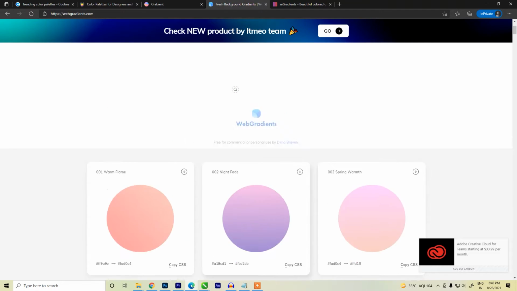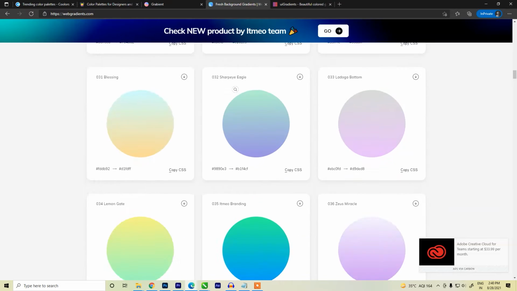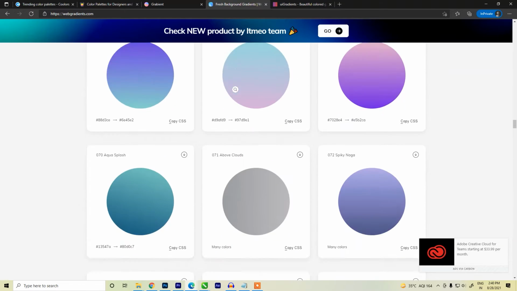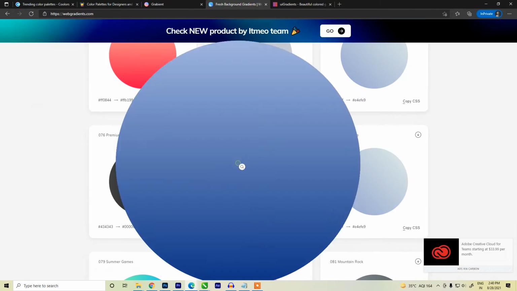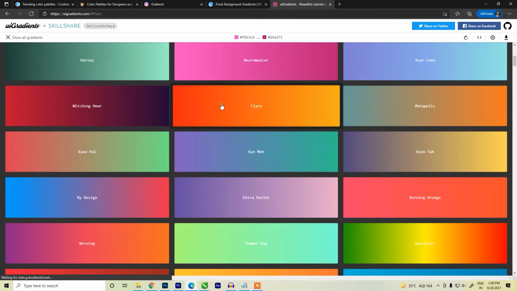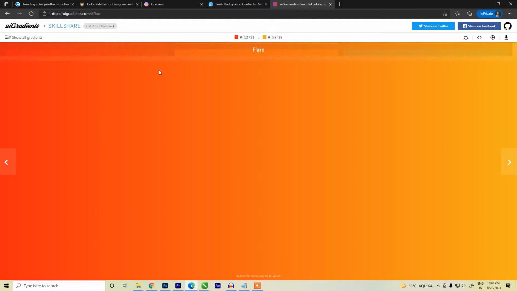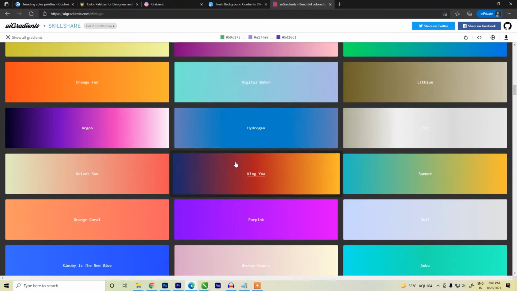On these free websites we can see different color combinations, gradients, and even pick those colors and import those colors to our projects in Photoshop, CorelDRAW or Adobe Illustrator. We can just copy the codes of those colors and use those colors in our projects. So let's come to the screen and become familiar with all these 5 super cool websites, which are very useful for creative designers and graphic designers or the UI UX people.